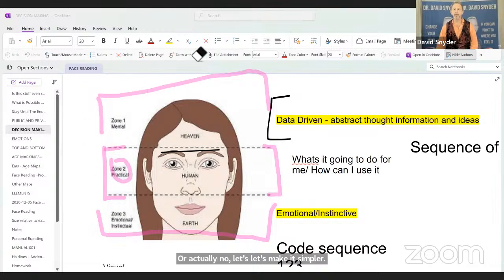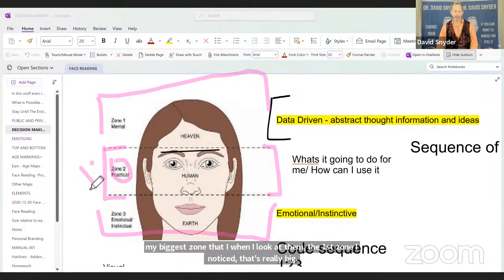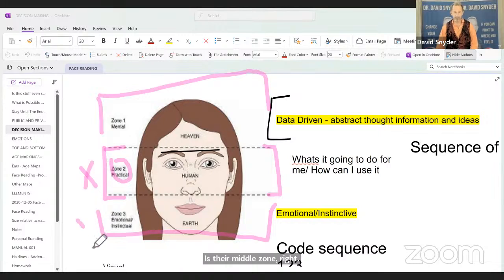My biggest zone, the first zone I notice that's really big, is their middle zone. Then the next zone I notice is here, and then their smallest zone is here. That tells me their code, or the sequence I need to give them information in,